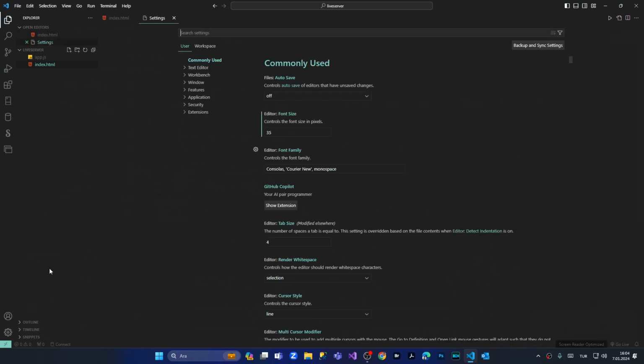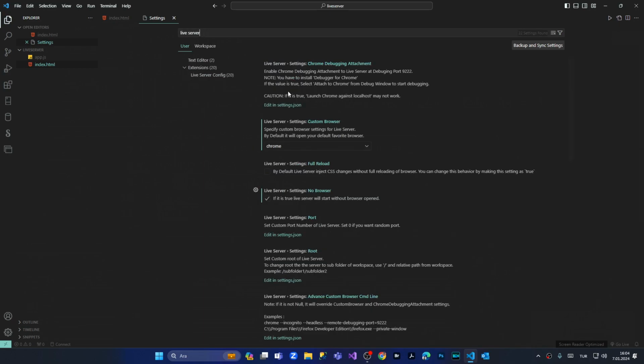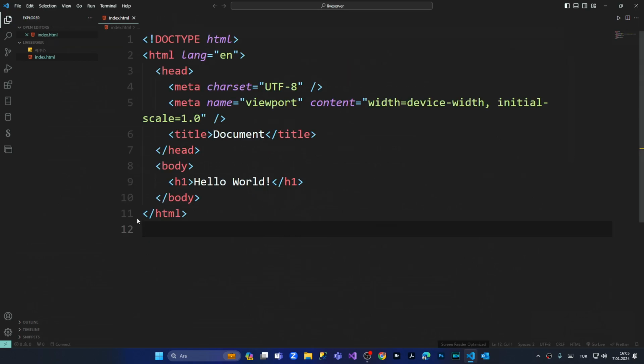We go to Settings, and from Settings we simply type Live Server. Having typed that, from here we search for something like no browser, Live Server settings, no browser. See, we found this, and we have a checkbox checked here, which means if it's true, Live Server will start without a browser opened. We uncheck this box and close the settings, and we try once again to start